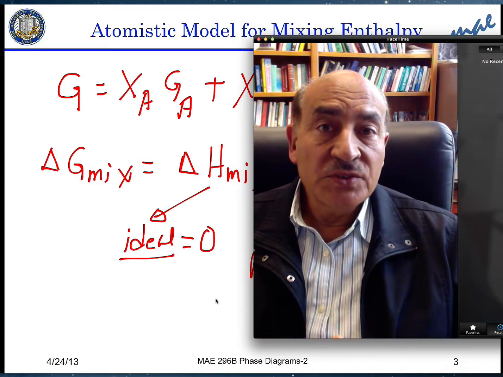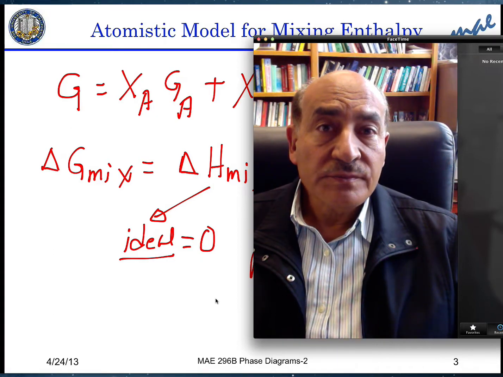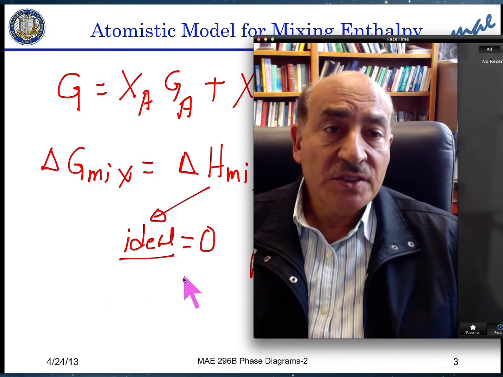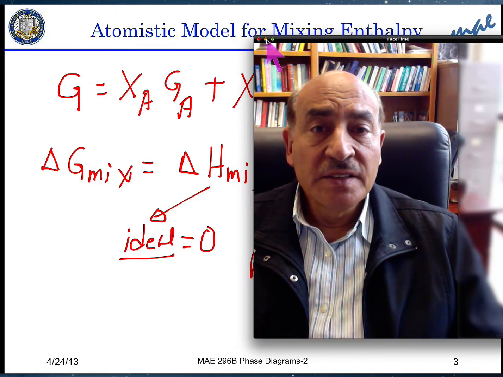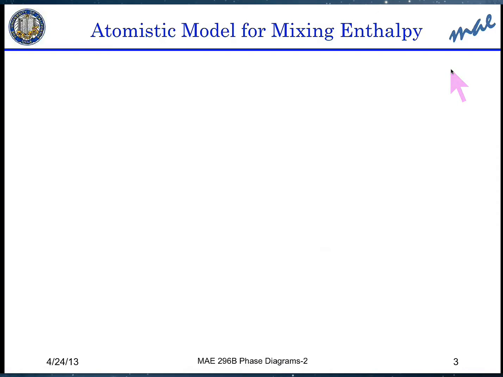And that's what we will do now, is look at an atomistic model to give us an idea about the enthalpy of mixing. So let's try to do that here. And in here, I'm going to start by saying that I have two boxes that I would like to mix. So I have basically one box here,